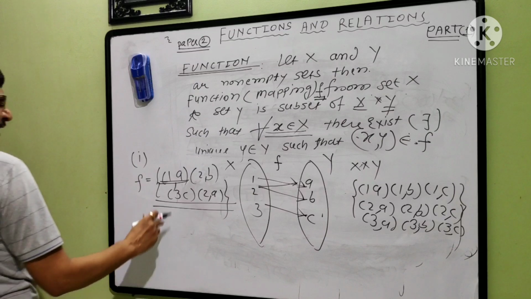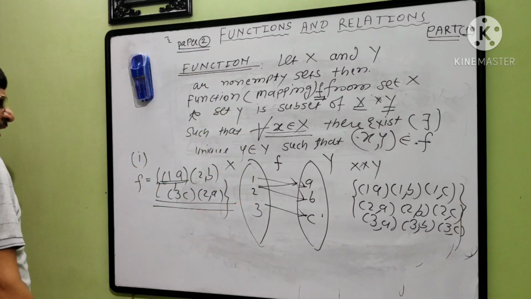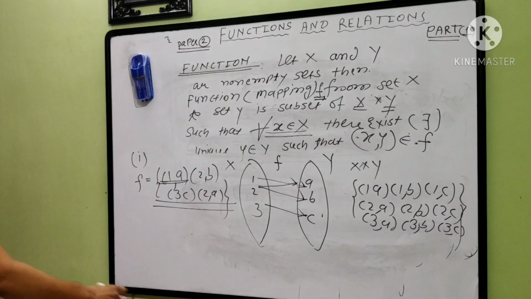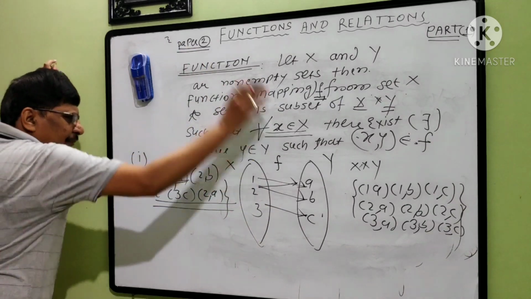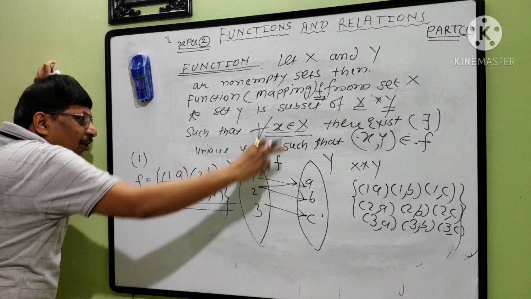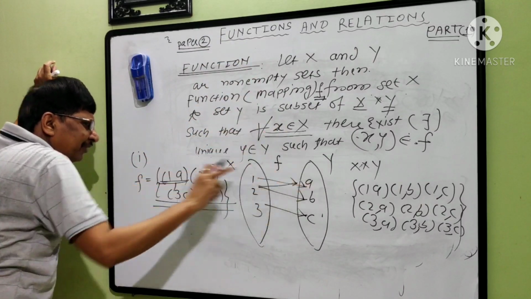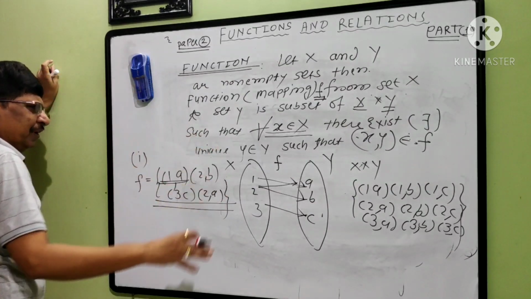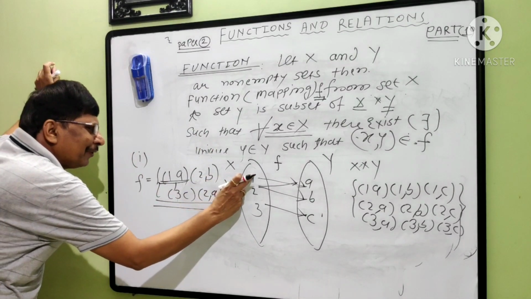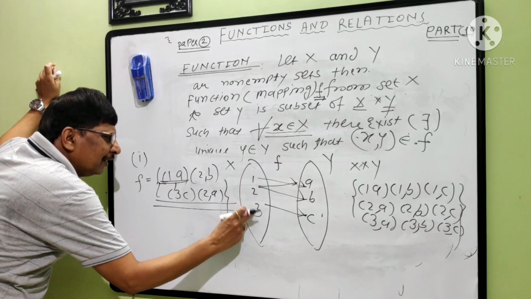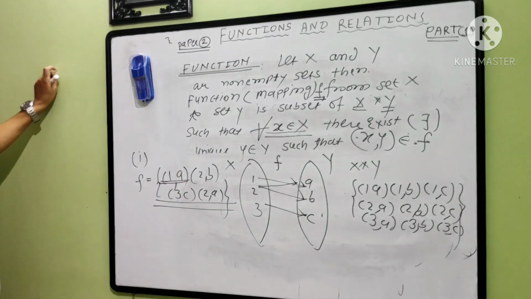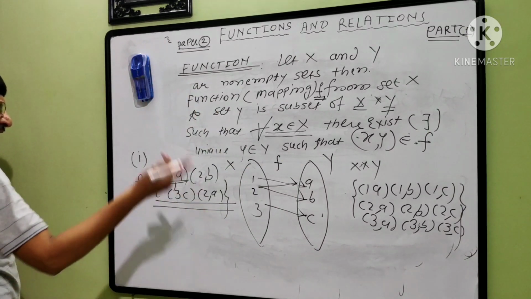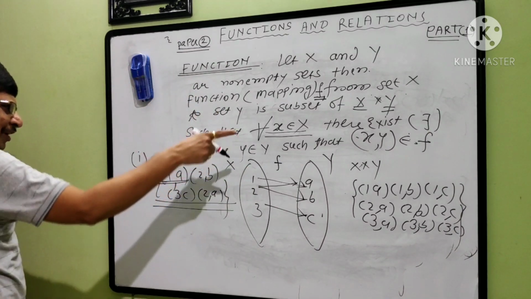I am going to explain now what is the meaning of function and state whether it is a function or not. Now actually this is a subset, definitely, no doubt. According to this definition it must be a subset. First condition is satisfied. But how it should be? For every x, meaning for every element of this set X, there must be a related unique y.